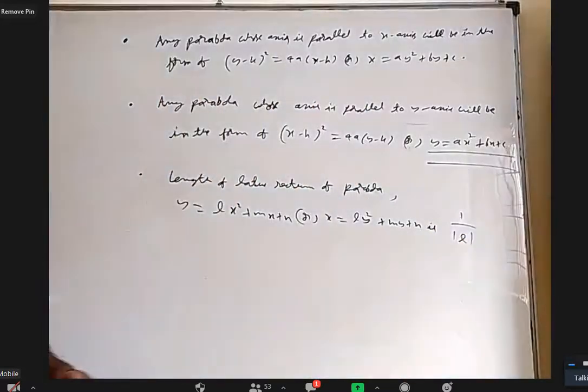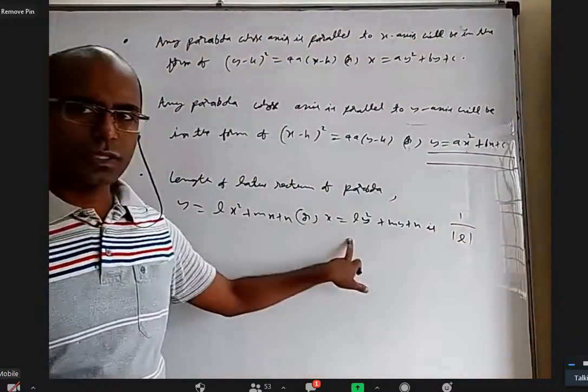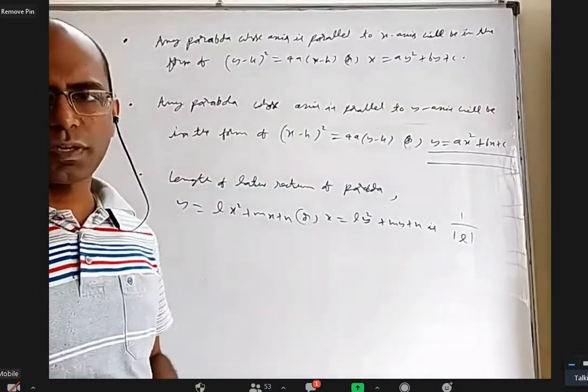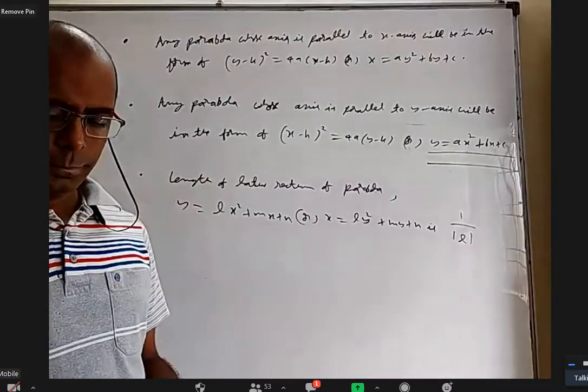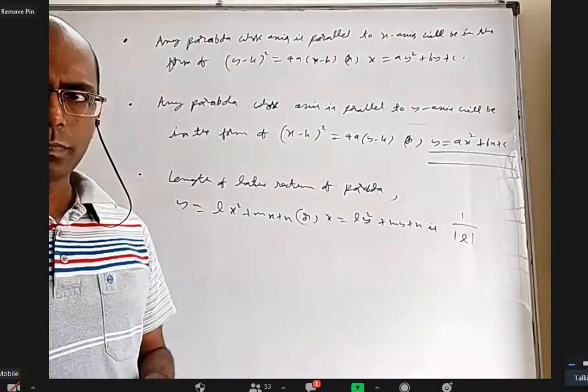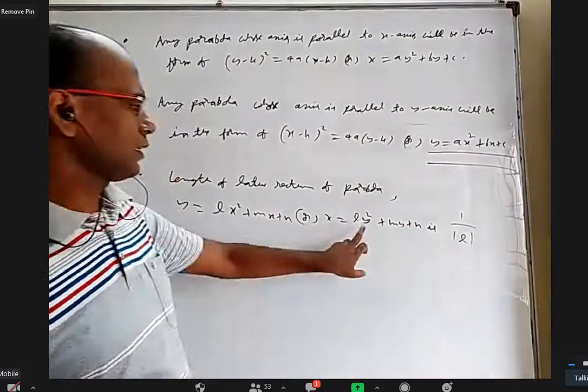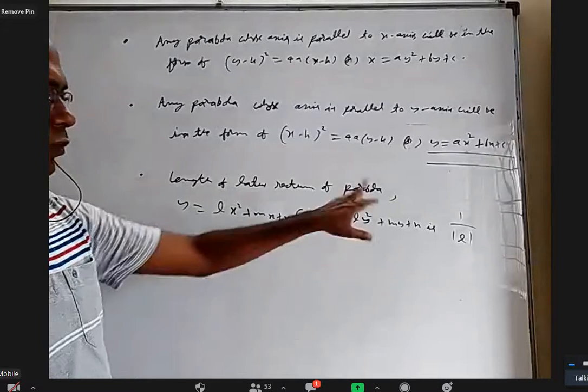Okay. Normally, when a parabola is given like this or like this, we have to make a perfect square. Then only we can find focus, vertex, and things like that. We've done some questions also, right? But if you want the length of latus rectum, you don't need to do all that. Directly the y square or x square coefficient, 1 by that.